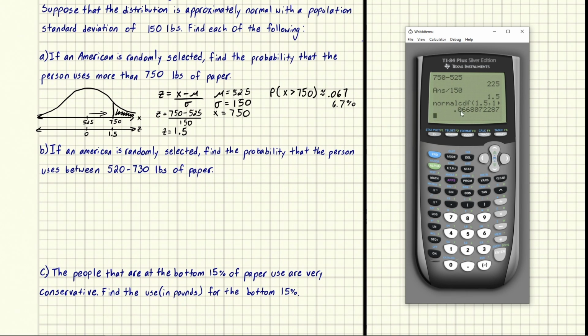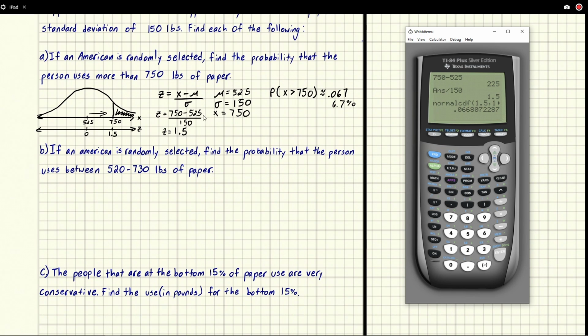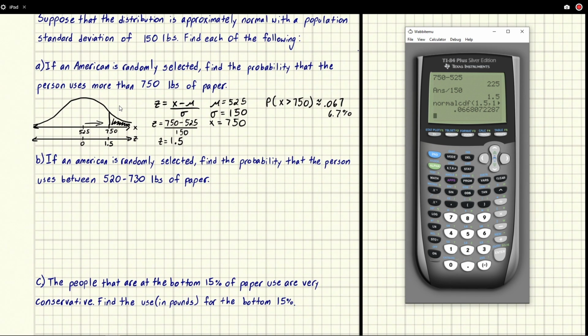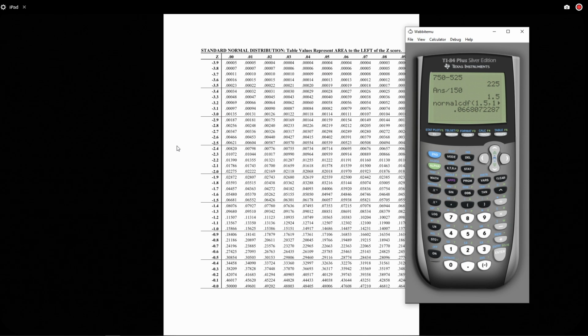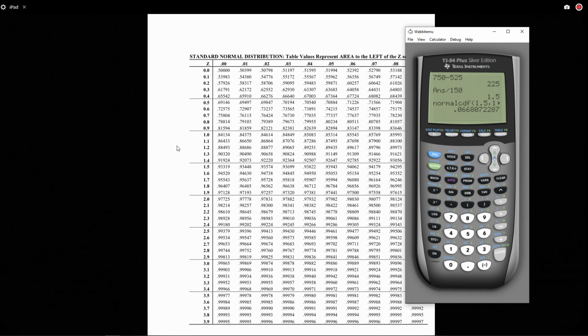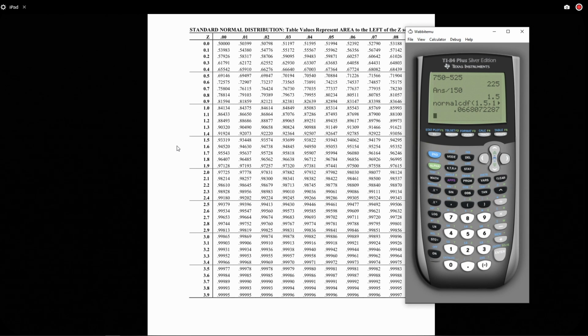Now, we can also find this answer using the chart. We're finding the area to the right, and so in order to do that, we have to do 1 minus the area to the left, because the chart always gives us area to the left. So we go to our chart with the z-score of 1.5. Let me pull it up here. Here we go. We want the positive side, and we want a z-score of 1.5 right here, and then 0.00 is right here. So 1.5 corresponds to this one right here,